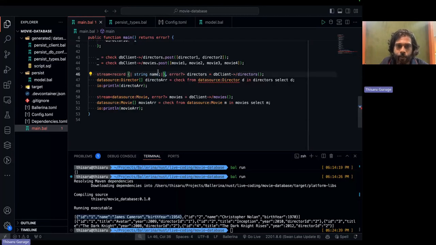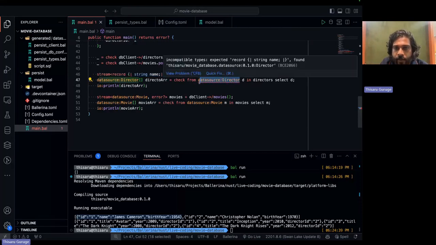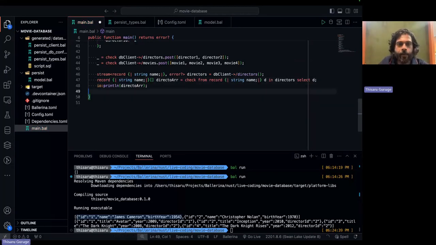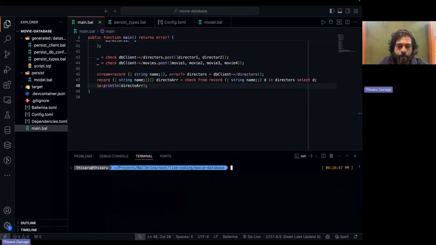And if I do this, Ballerina Persist will generate the query internally and only retrieve those values. So when I change this, it will give an error here because this type does not match the stream we return. So I'm going to change this as well. And this should also be a record with name. So I'm going to remove this for now. Now, if we run this,